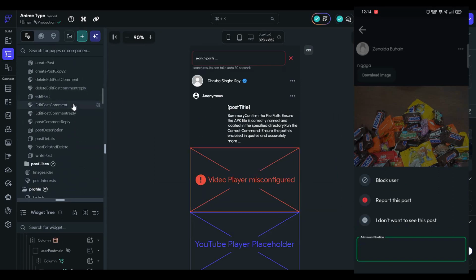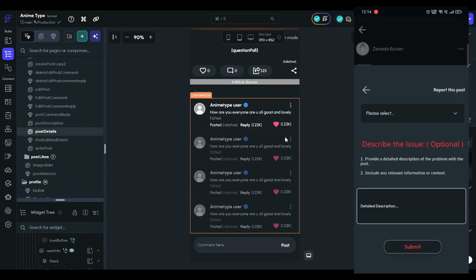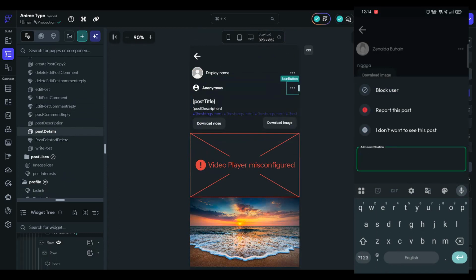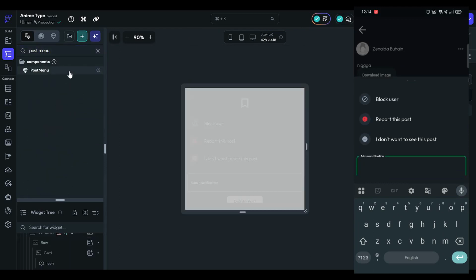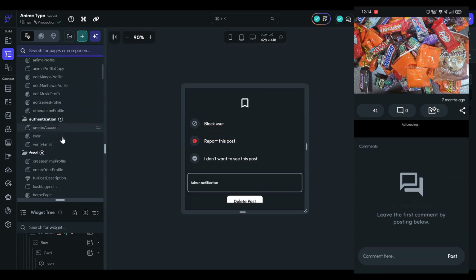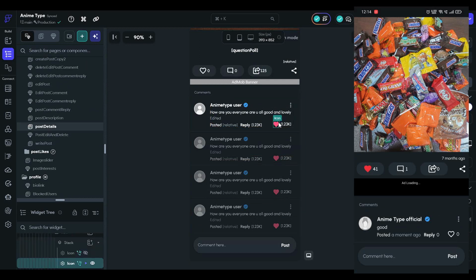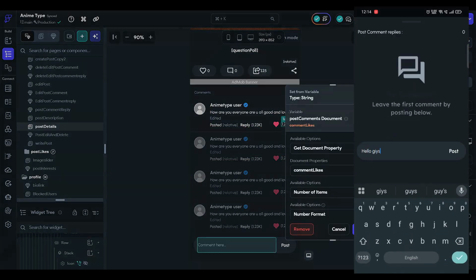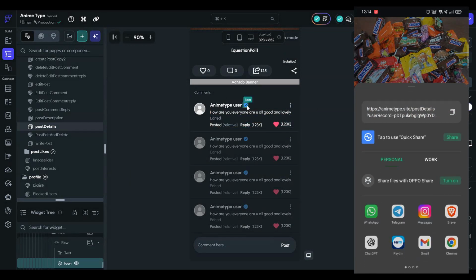Now, if we go to the post details section, you can see an admin notification because I am the admin. If a post violates the policies, you can directly delete it by sending an admin message from here. And yes, there is a full admin panel inside the application. You can control everything. You can send a specific user an admin notification, block someone, ban people, or report posts. When reporting, you have to select specific reasons. If more people report a post, the post will be removed automatically.